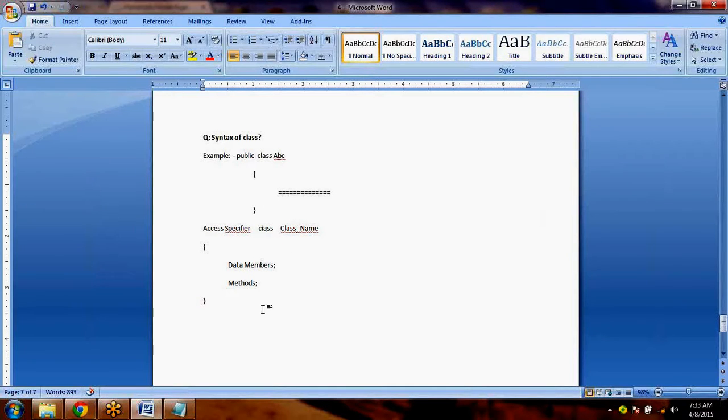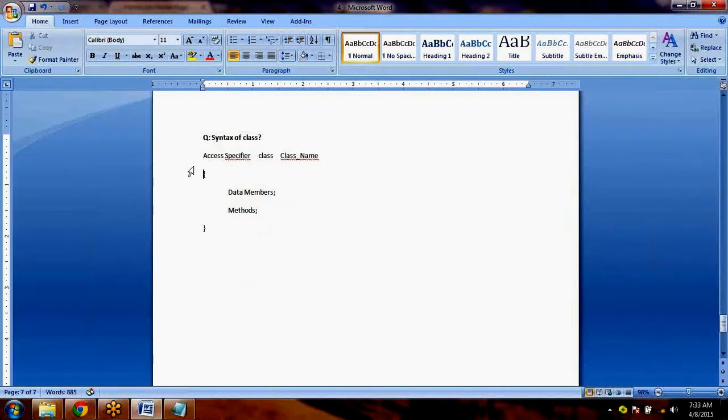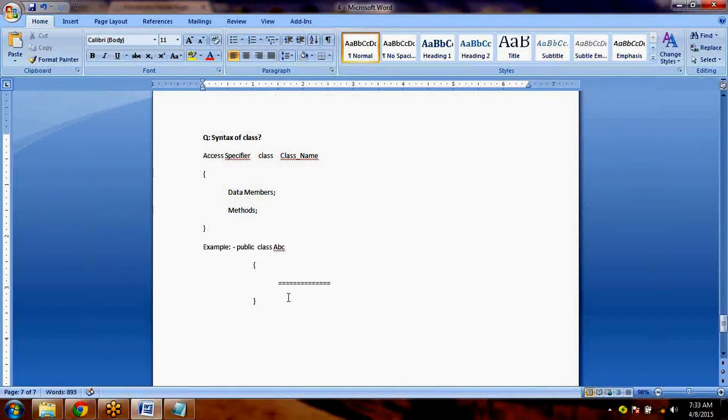Please see this again. This is called encapsulation. Combining related data members and methods together is called encapsulation. So therefore, if you want to achieve encapsulation, then class is mandatory. That means the class keyword is mandatory. That's what it means. Okay. So that's about this one. Now if you see here,